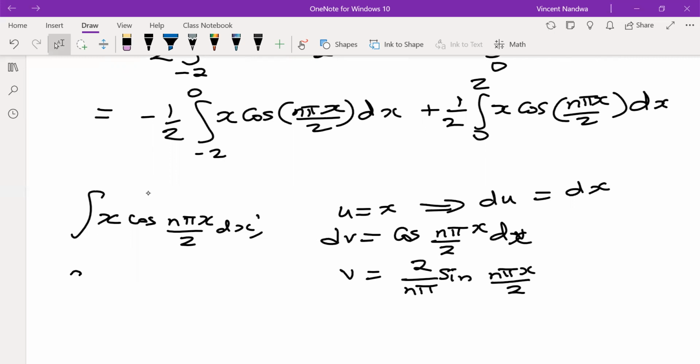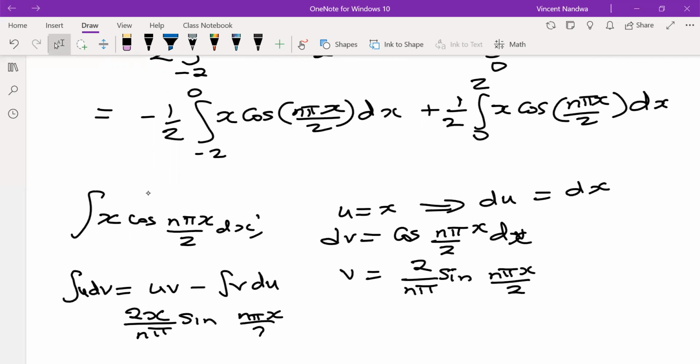So the integral of u dv is uv minus integral of v du. So uv will give us 2x over n pi times sine of n pi x over 2